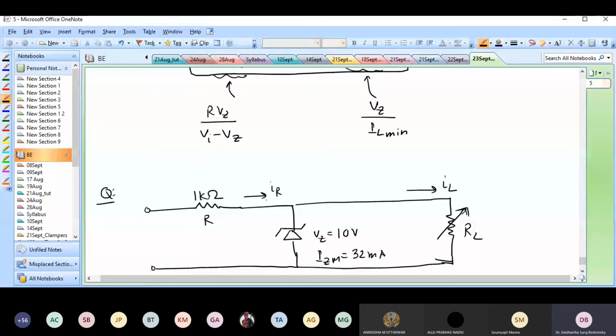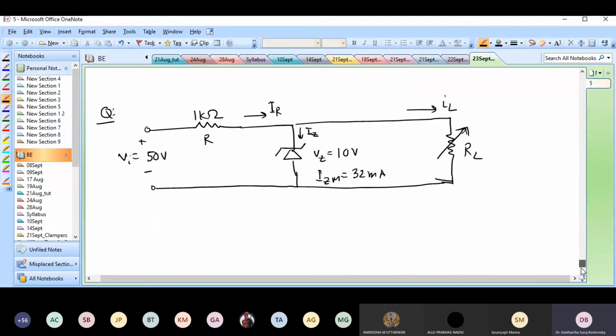But I have these currents here. So I have all these currents and voltages. Let's call VI equal to 50 volts. So the question is, determine the range of RL and VL, RL and IL